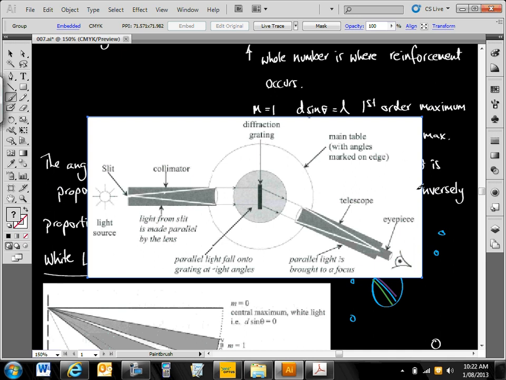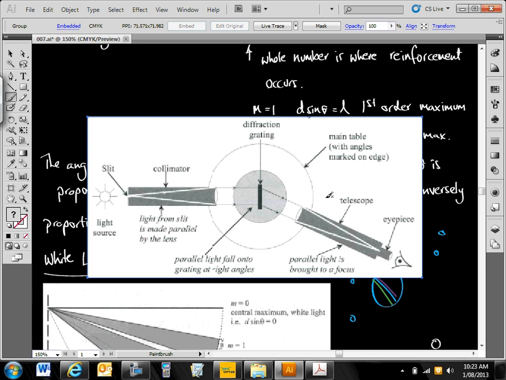And that central maximum is just a very fine bright band. As we rotate around, looking through the eyepiece all the time, we'll rotate to some point, depending on the wavelength of the light and the spacing of the diffraction grating, d. We'll see at some angle another bright band, and that bright band has the name